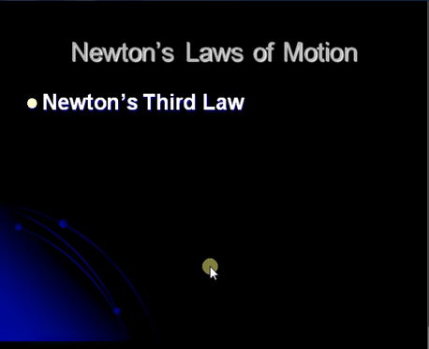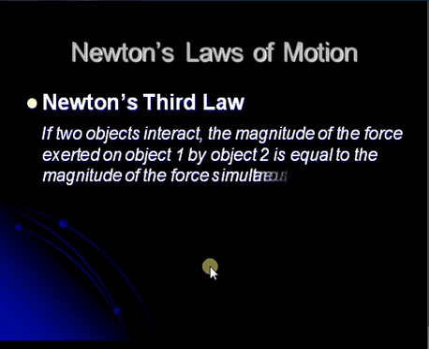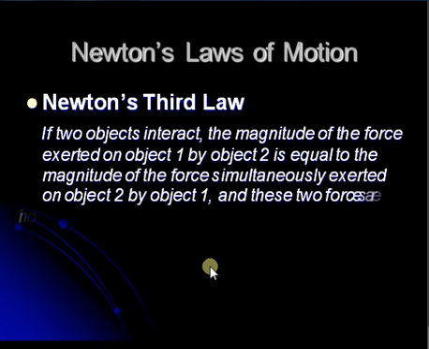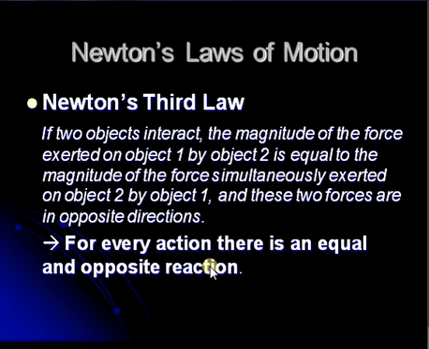Newton's third law of motion is probably the most misunderstood and the most misused, but you've all heard it. And this is the long-winded Isaac Newton way of saying it. If two objects interact, the magnitude of the force exerted on object 1 by object 2 is equal to the magnitude of the force simultaneously exerted on object 2 by object 1, and these two forces are in opposite directions. That is the big, long, drawn-out way of saying what we all know: for every action, there is an equal and opposite reaction. Now, I kind of oppose that terminology because that's not necessarily true, and what Newton was talking about was forces. So for every action force, there is an equal and opposite reaction force,